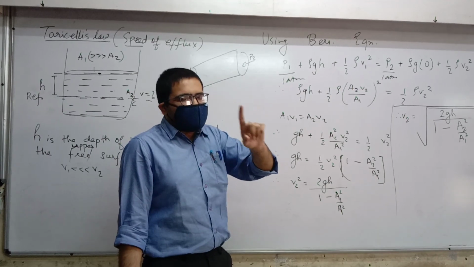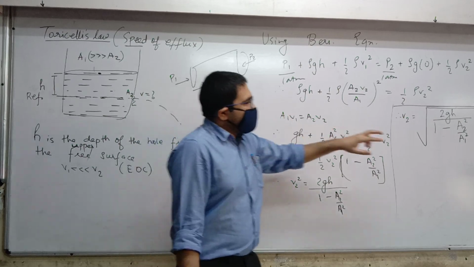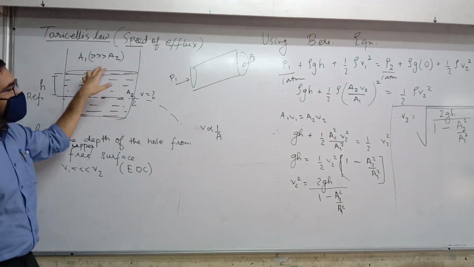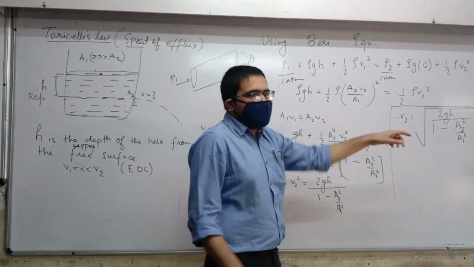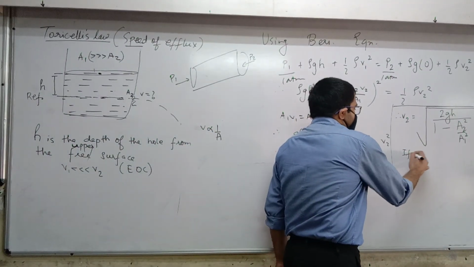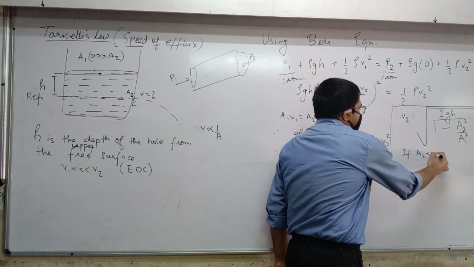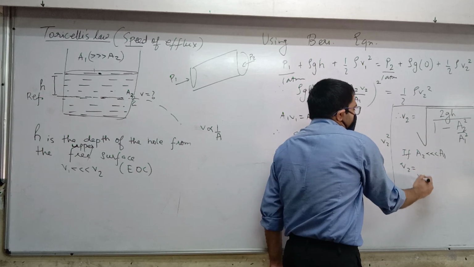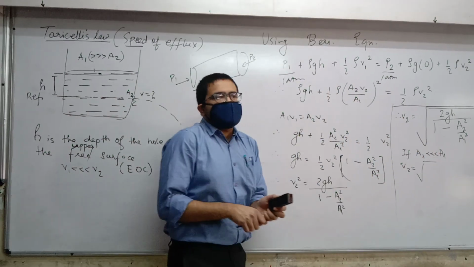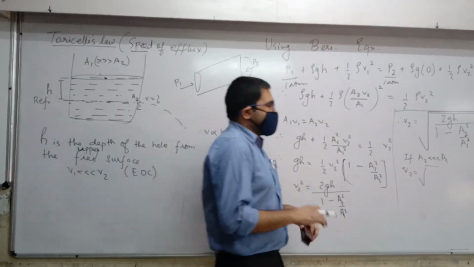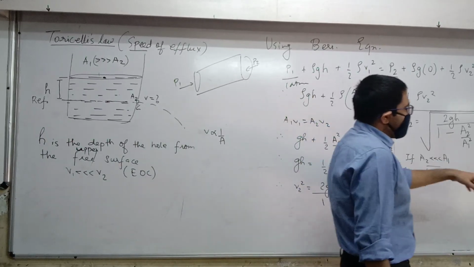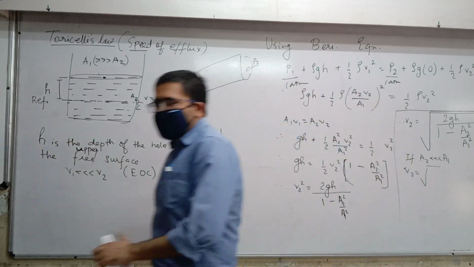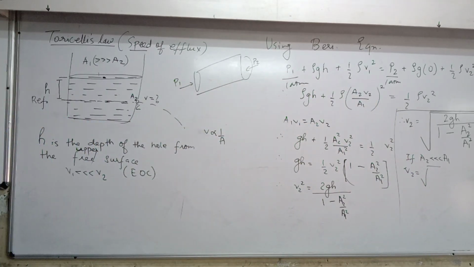I'll just ask you to think about one more point. We have taken already this thing. If you use it here, what will you get as V2 if you use the idea that A2 is much smaller than A1? What will V2 become? Think about it. So I want a value. If you consider that A2 is much smaller than A1, what will happen? Think about it yourself. Okay, goodbye. 1 minus 1 upon A1.